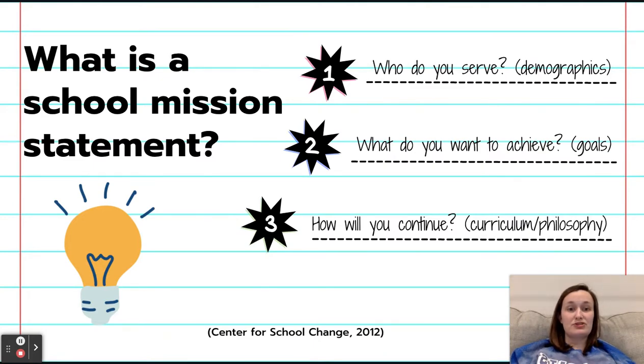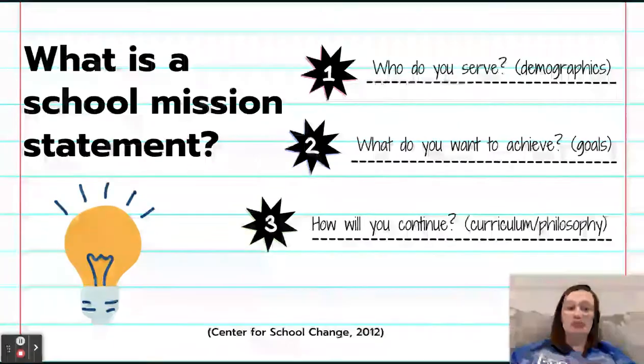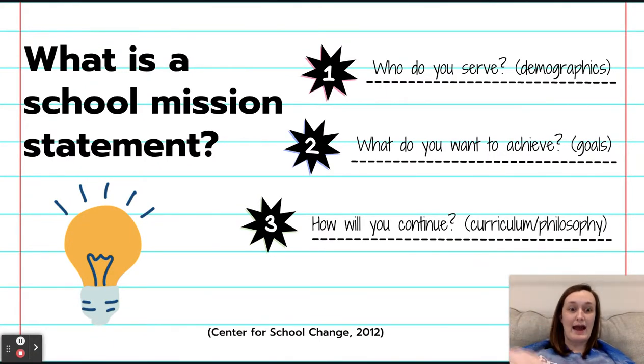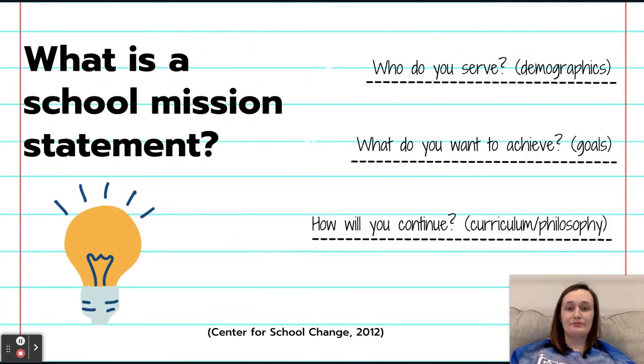And your mission statement should also include your goals as a school, and also how you will meet those goals. The word mission to me is an action verb, and that should be reflected in this statement. You should have some sort of words that show how exactly you're going to accomplish the goals, either through your curriculum, include your philosophy of education, or something else. Somehow, some way you're going to meet these goals.